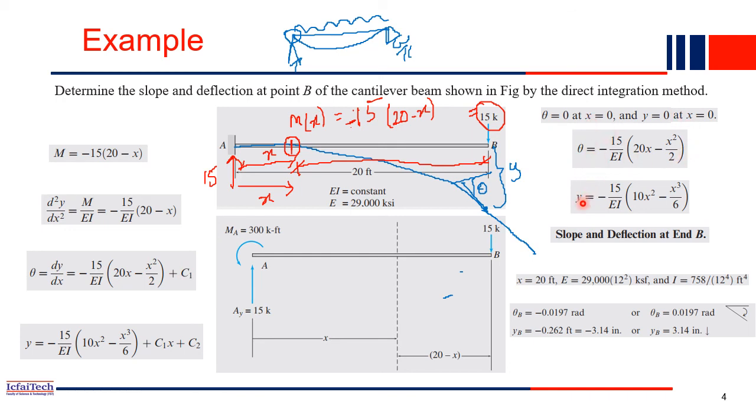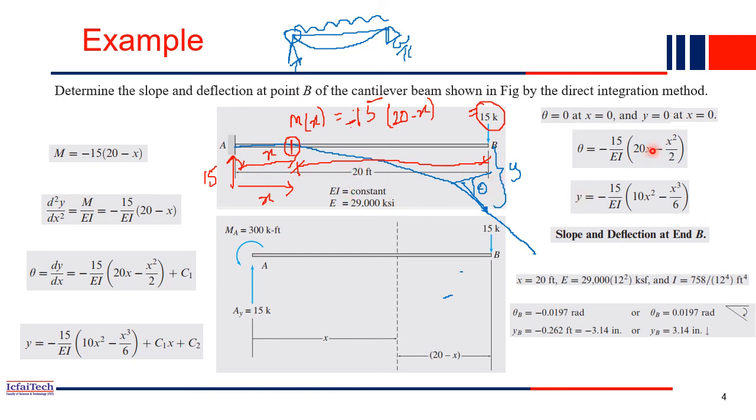And what is y? So y is nothing but, since c1, c2 both are 0, the remaining part y will be only this part. So this is y. So deflection at B. Now the question asks to find out the deflection at point B. So point B means at this point. In this point, just substitute the x value. x is 0 at this point, but what is the x at this point? It is 20, right? Total length is 20.